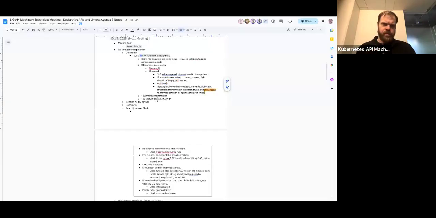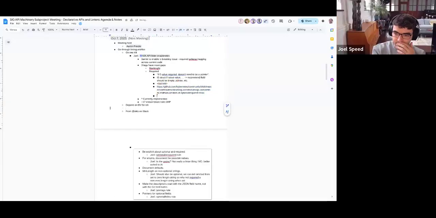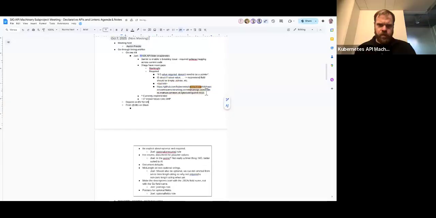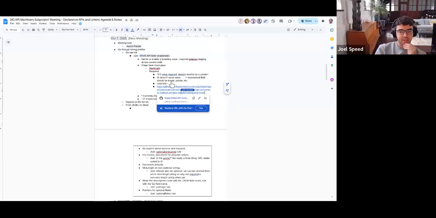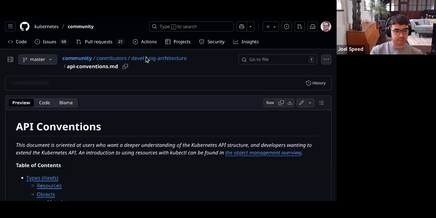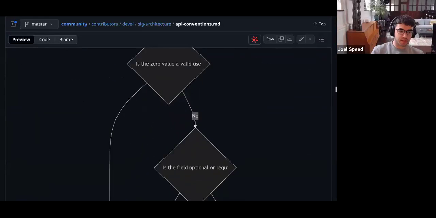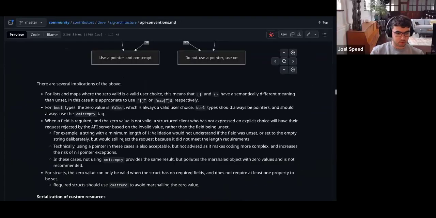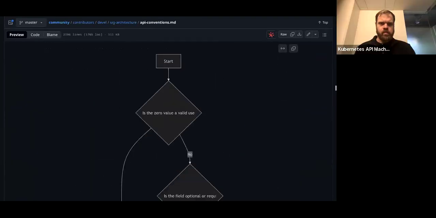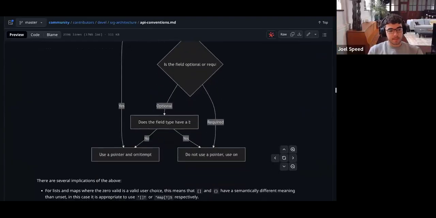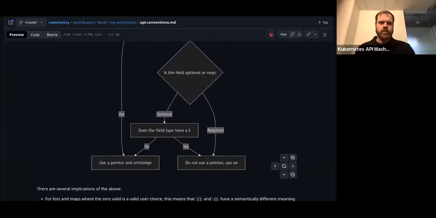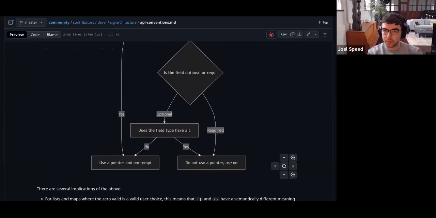Yeah, so if you were to look at that serialization link, which I broke, that explains how serialization matters, and Cal implements that for CRDs based on these markers. So this flow is basically: is the zero value valid, is it optional or required? And the notes below that say Cal has implemented all of this, but without the same markers in DV, we can't yet do that. Got it.